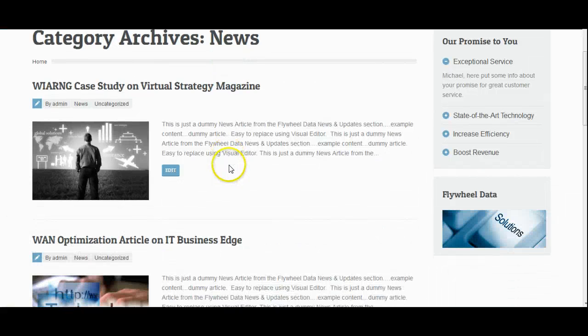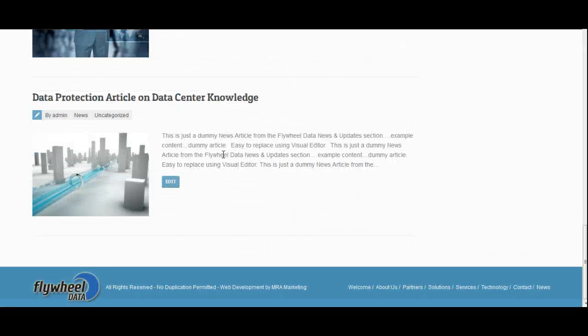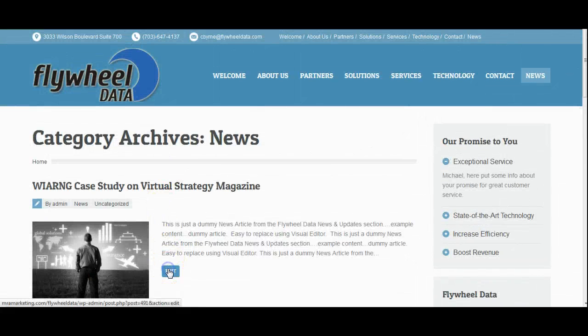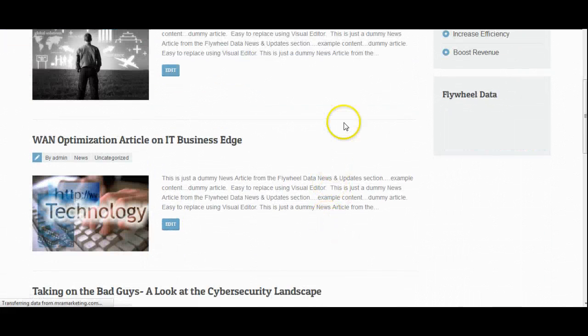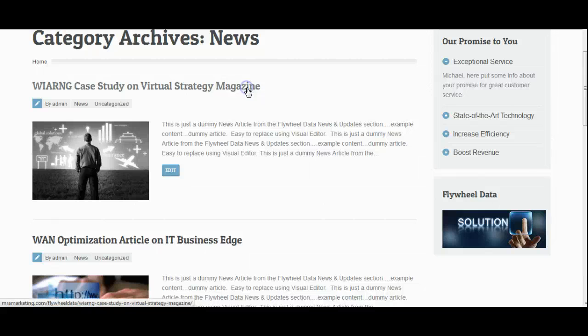You're going to have to replace them with your own. It's kind of a blog for Flywheel Data, or a news and update section where you can inform people of industry updates. So if we come up here and click right here,